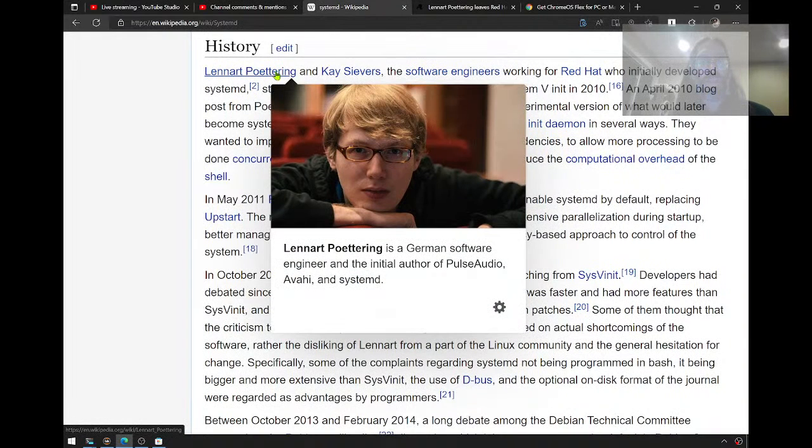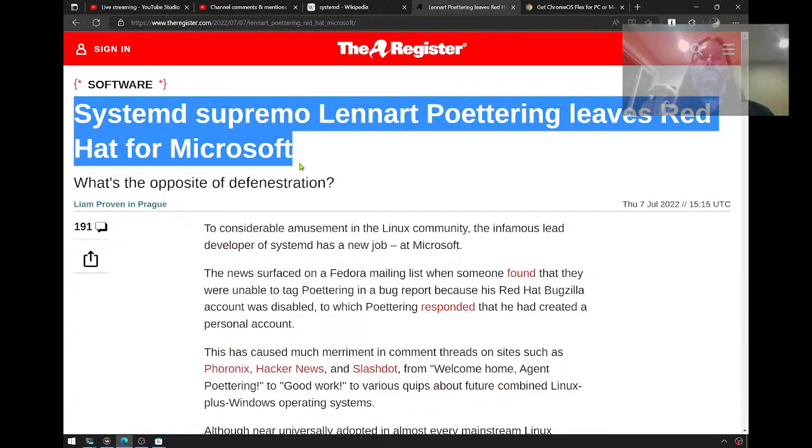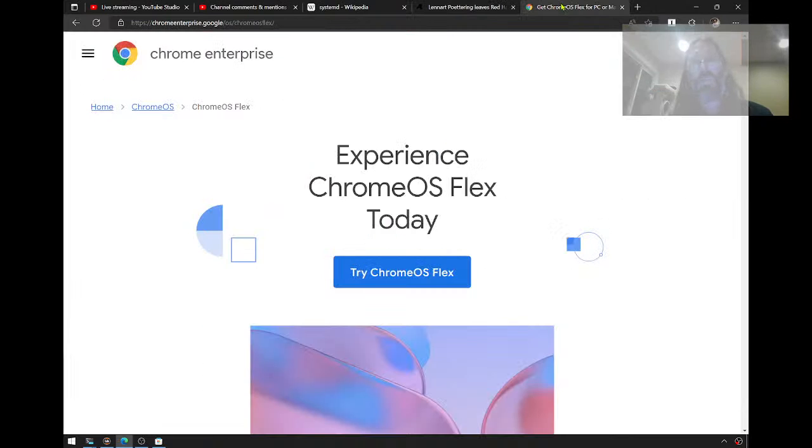Systemd was created by this guy, Lennart Poettering, and Lennart Poettering has recently gone to work for Microsoft. So these systemd challenges under Windows Subsystem for Linux, I believe, will be going away because Microsoft just hired the person who wrote that for the Linux free and open source software community. It does not mean that systemd is in danger. Microsoft is throwing a lot of support behind this stuff. So it's actually reason to think it might be getting better, and we won't have to do that extra step.